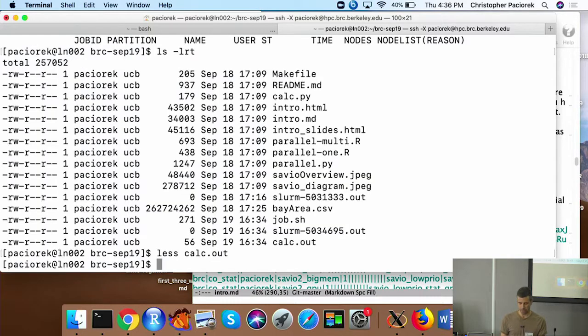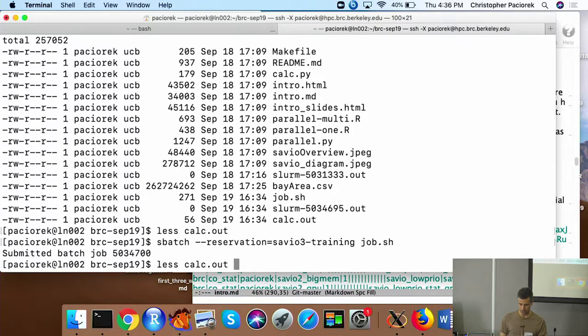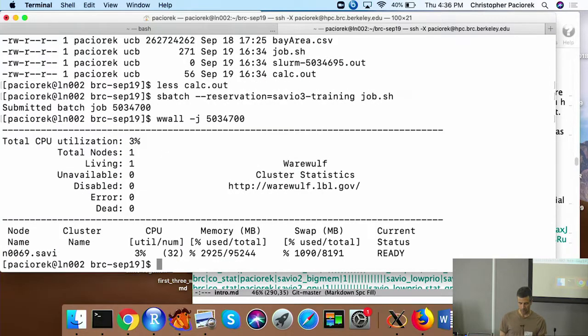So it did actually run. For the sake of illustration, I'm going to run the job again. And this time, I'm going to hopefully run wall quickly enough that we can see what it shows. OK, so you can see that it's basically showing the total CPU utilization here and also the amount of memory